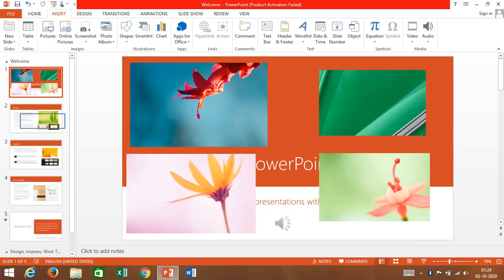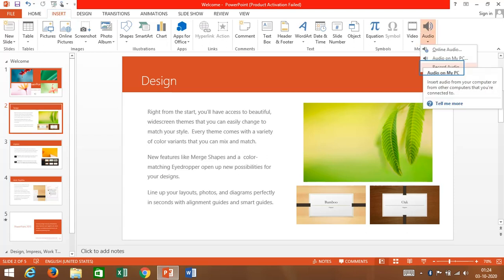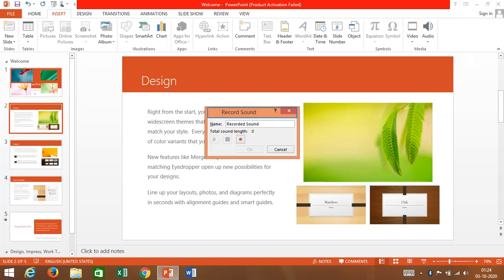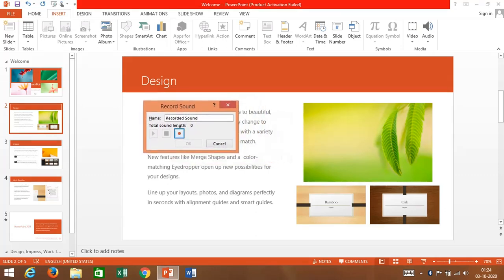Now I will show you how to put our own voice into a slide. Let us say I will go to the second slide of this MS PowerPoint presentation. Again I will go to Insert, then Audio. This time I will not click on Audio on my PC, I will click on Record Audio. As I clicked on Record Audio, the Record Audio box comes on the screen. Now after clicking on the red button given on the screen, whatever I say will get recorded.